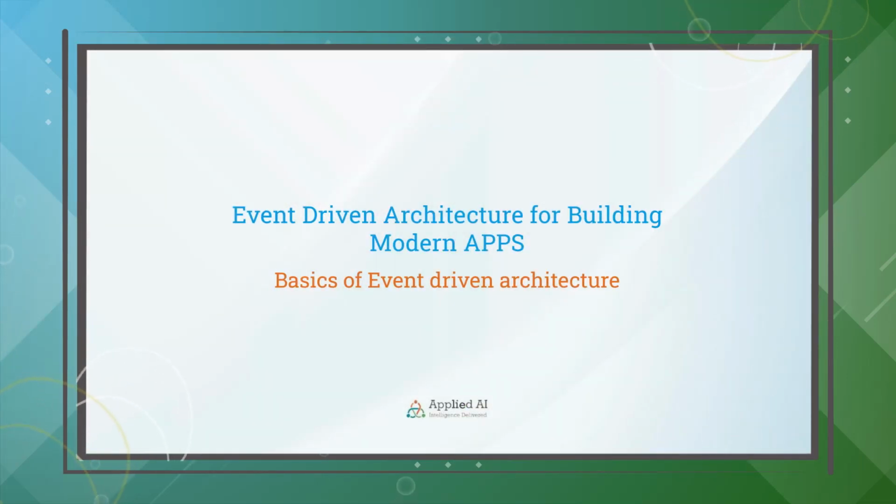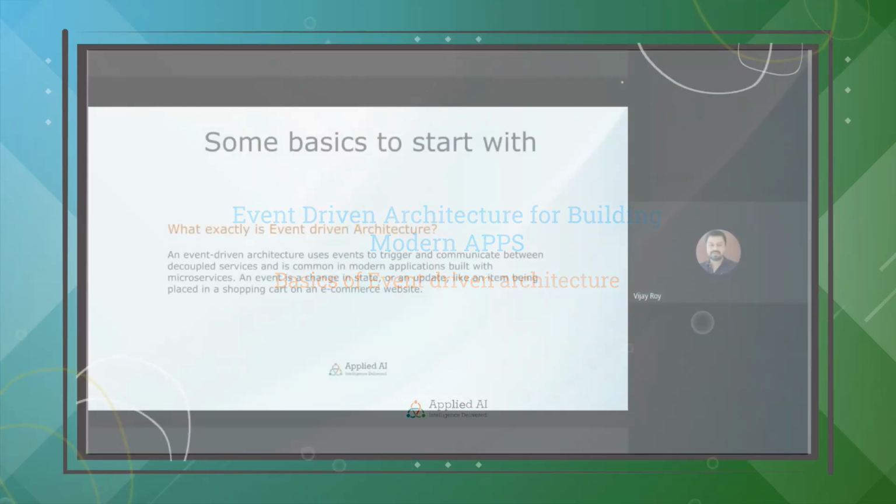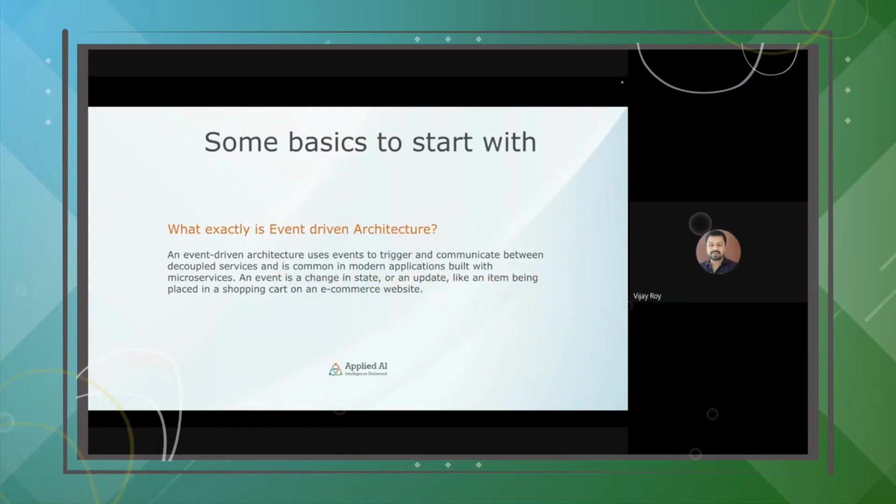To start with, what is exactly event-driven architecture? Now a very small definition on this, just to be on the same page as the way we will talk about it in the further slides. Event-driven architecture uses events to trigger and communicate between decoupled services, and is common in modern applications built with microservices. So basically, what we are saying is that whenever there is a change in a state or an update,